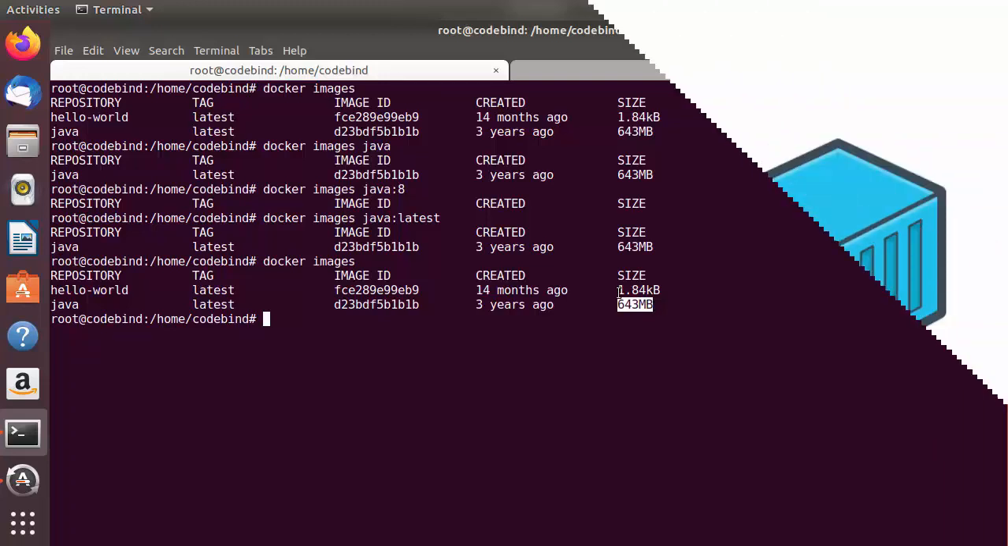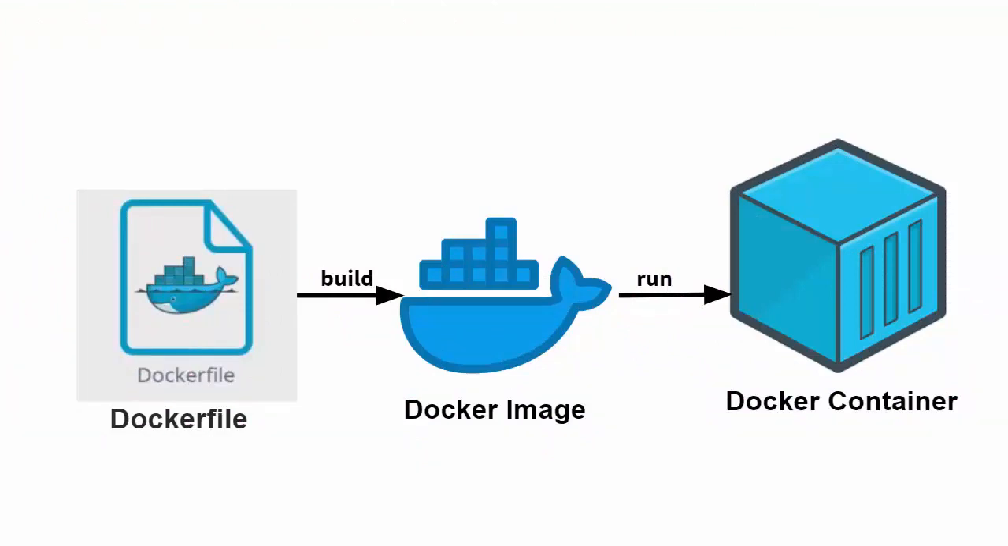for your application. In this video we will talk about the basics of Dockerfile. So first of all, what is a Dockerfile? Docker can build images automatically by reading the instructions from the Dockerfile. And a Dockerfile is a text document that contains all the commands a user could call on the command line